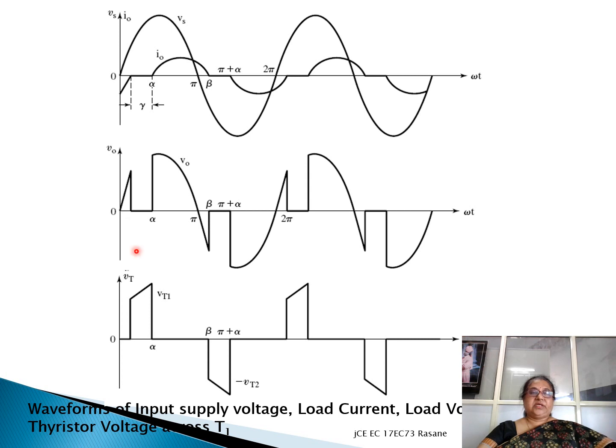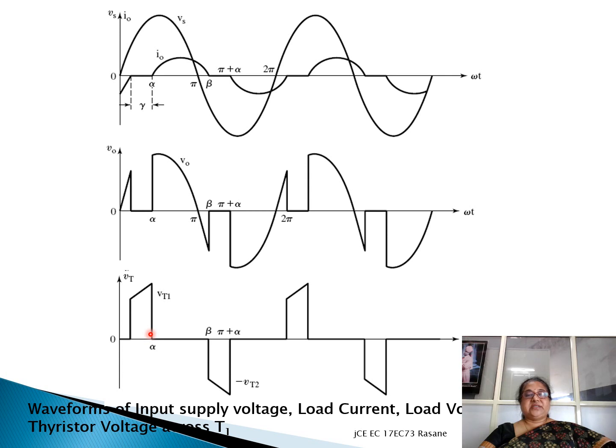Okay, so this is basically the voltage across the thyristor. We know that the thyristor is acting like a switch, and whenever it is conducting from alpha to beta, the voltage across the thyristor for an ideal switch is 0. And when it is not conducting, that is from this point to this point, that time it will follow the input voltage. So whatever is here, that is going to come across the thyristor.